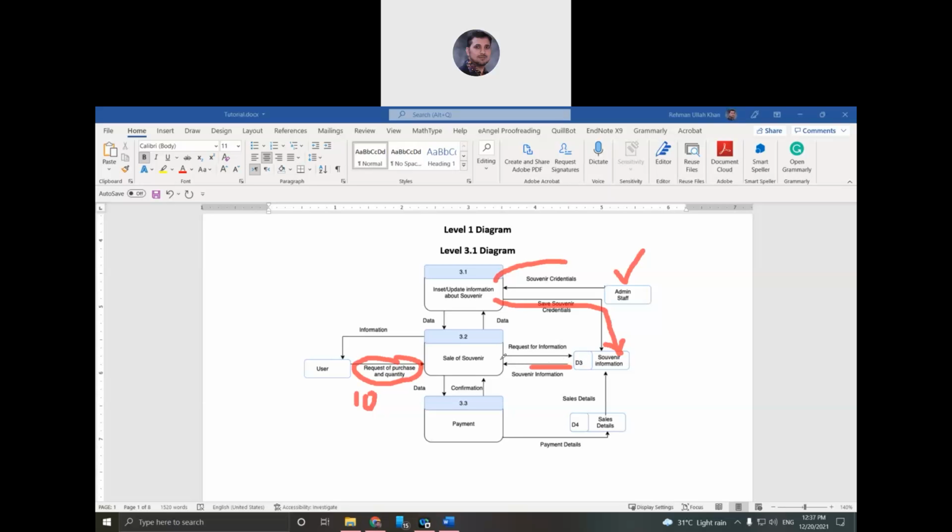If yes, then the information will come to the user. The information may be confirmation of the 10 quantities, let's suppose, or if 10 quantities are not available and we have six items only, then the six item information will come to the user. If the user wants to buy the six, then we'll modify the information, and this information will be sent back to the process and then verified.